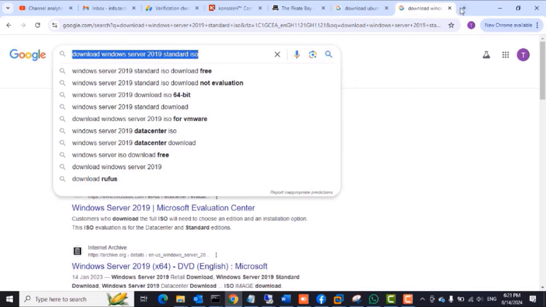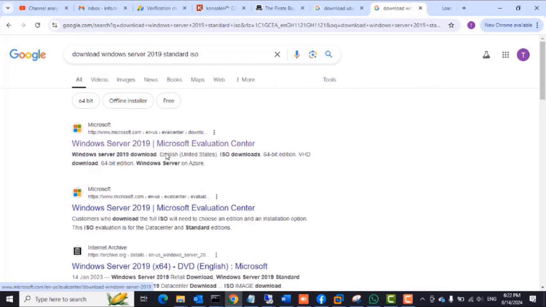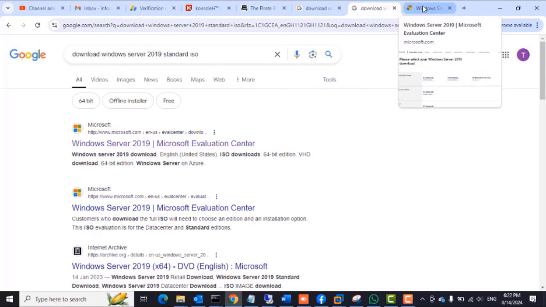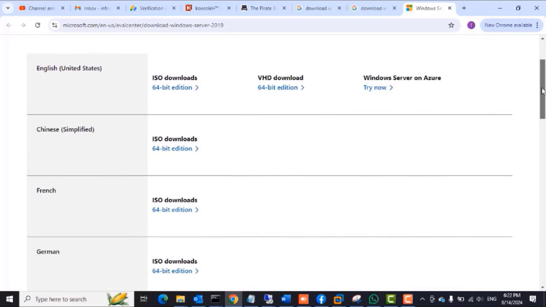So the first thing I'll do is to open a browser and then search for the download Windows Server 2019 Standard ISO. I'll right click on the first link, which is the Microsoft link. Guys, it's always best to download from the product's website. So in this case, I selected a link of Microsoft, and then on that website, you